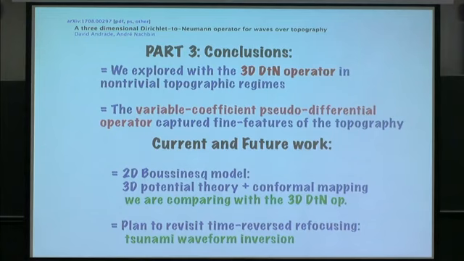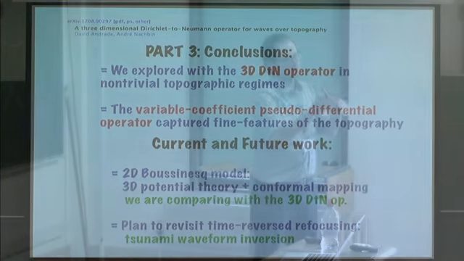And current and future work, and that's the thing I knew I was not going to forget to say, is this 2D Boussinesq model, which is the following. Now, this is a weakly nonlinear, weakly dispersive model, which we already started comparing with this linear, fully dispersive model. But the Boussinesq model, what we've done is an old idea that finally with David we did. I was thinking, well, so I can do oblique incidence or whatever,